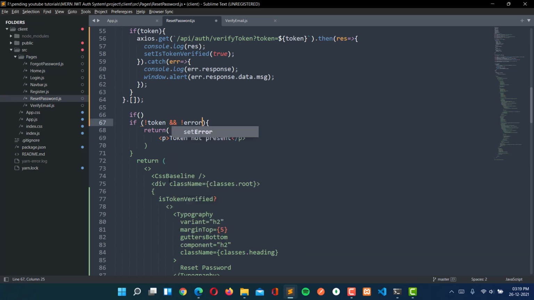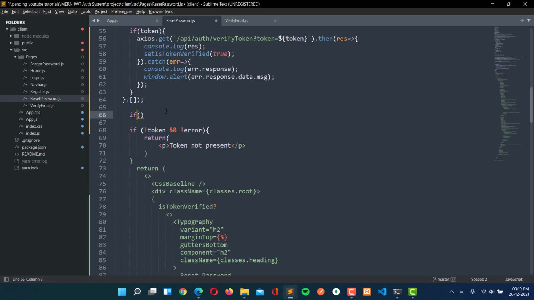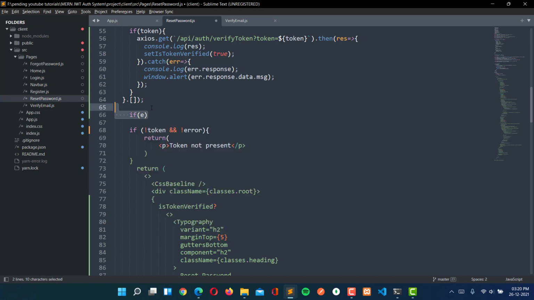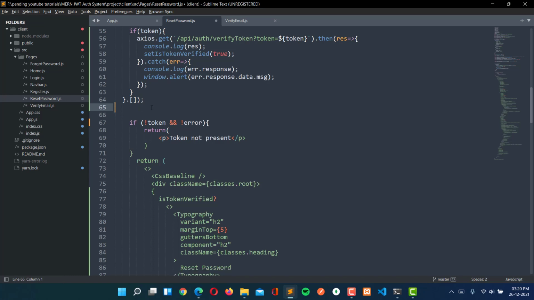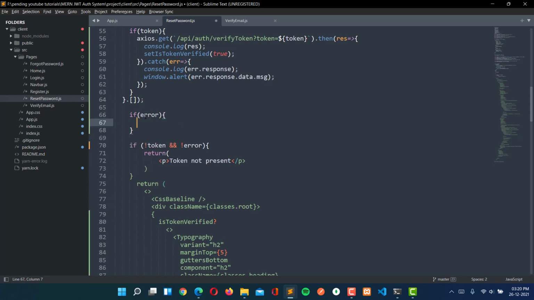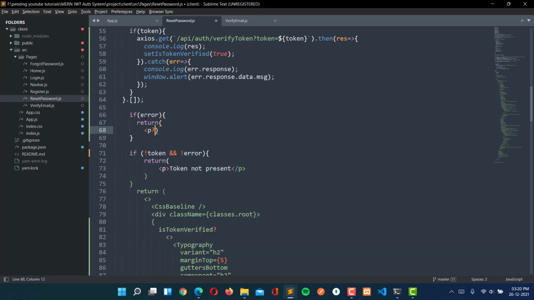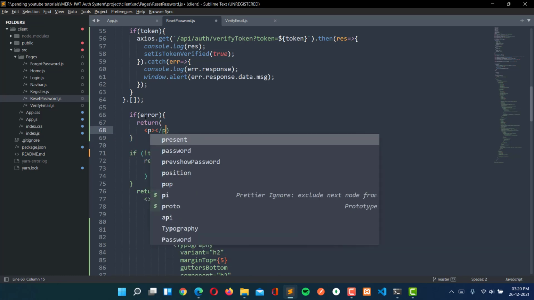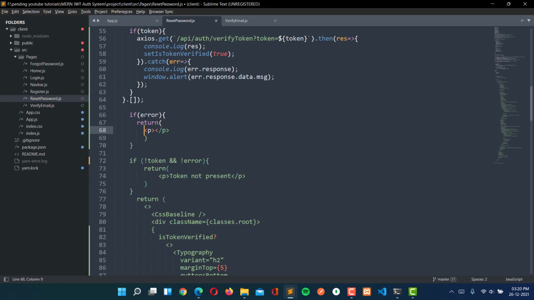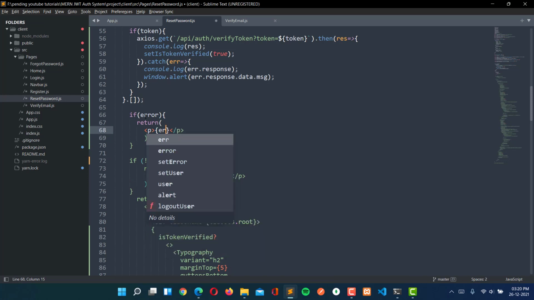So if there is not any token or there is not any error, so if there will be the error, then we are going to return this paragraph tag with the error here.